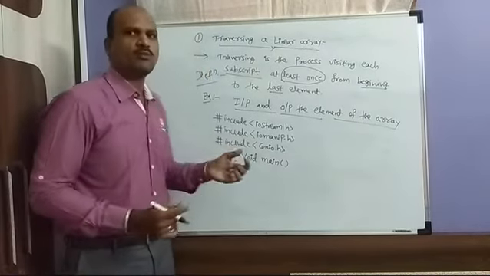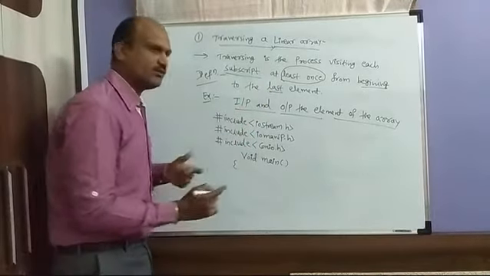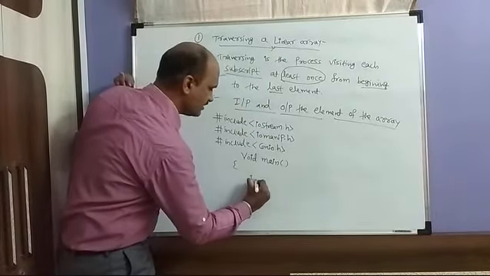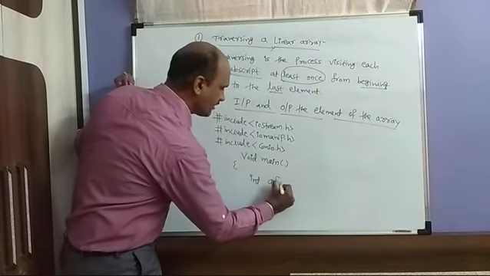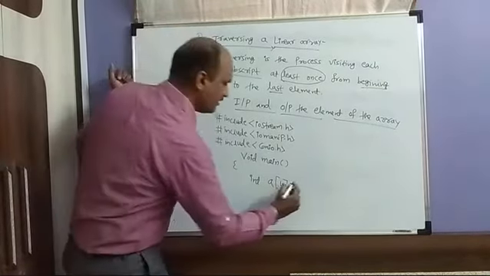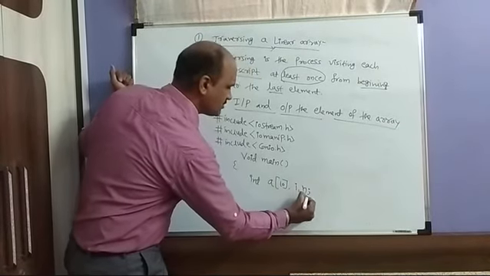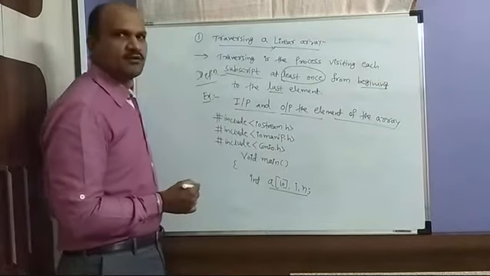So what do you need? A one-dimensional array. Here we are talking about a one-dimensional array. You should specify the one-dimensional array, that is int a[10], and you need i for the array and n for the number of elements. These are the variables you require in the program.